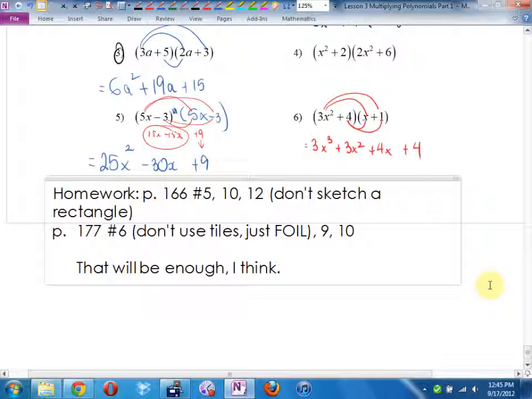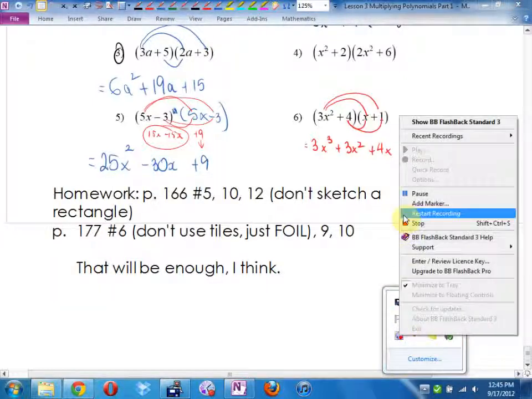So let's talk about what I'm looking for in the homework. Okay. In your textbook, the answers are